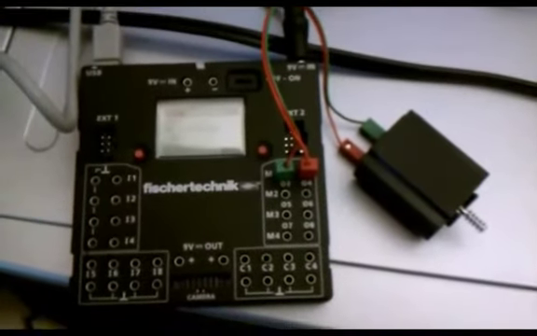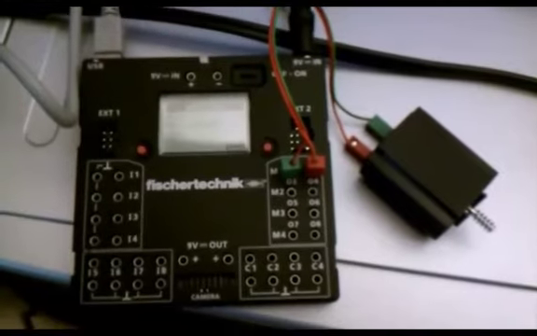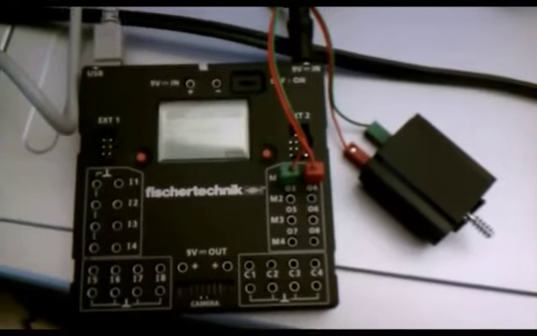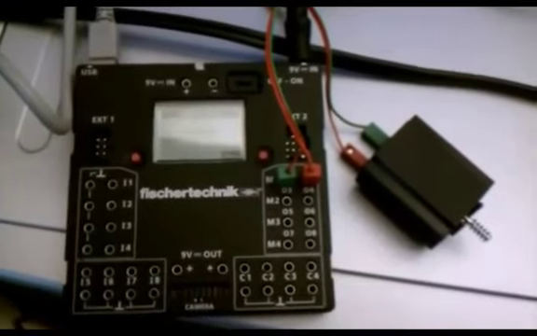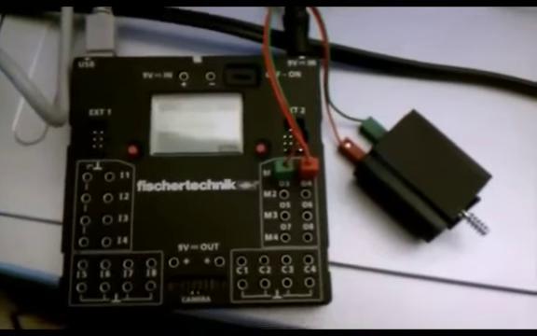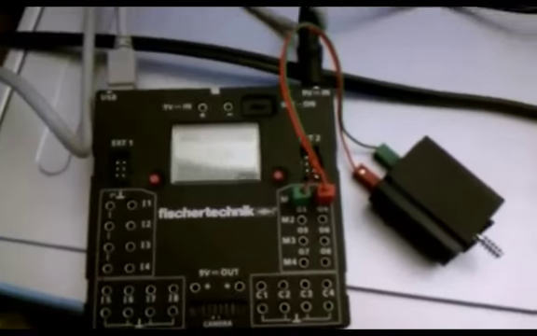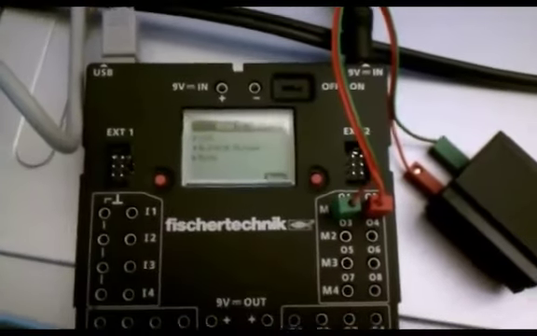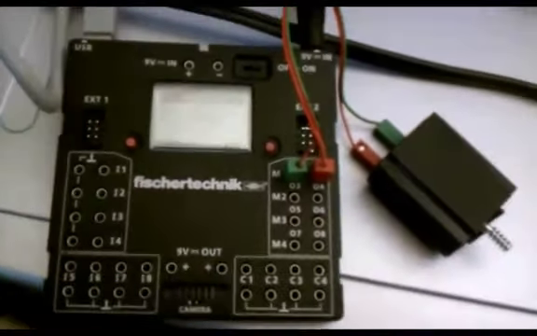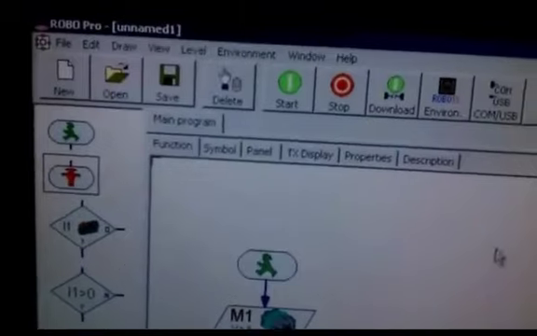I have my connections made. The interface has a wire going from M1, motor 1, to the motor, and the green and red are plugged into both. The USB is going to the computer and the power is on. I can see in the window on that interface that everything's good. I've already tested it. So now I'm going to go ahead and run it. I've created the program already. So I will go to Start,